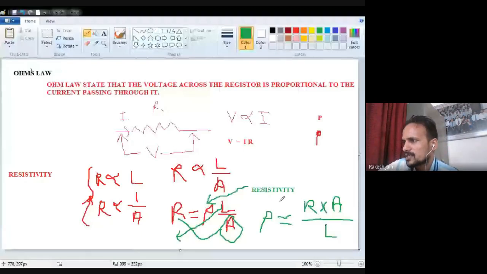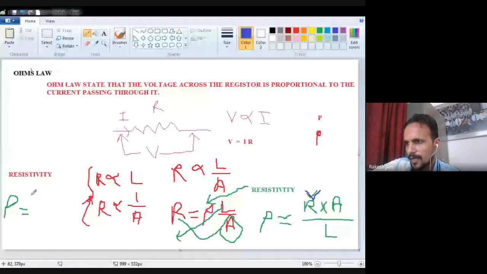And now we want to find out the unit of this resistivity. So now see, okay, I remove this. R is equal to rho L, I just write down here. So rho, what is the unit of rho? We want to find out what is the unit of this R. I just show you with this blue color. We know that the unit of this R is ohm.